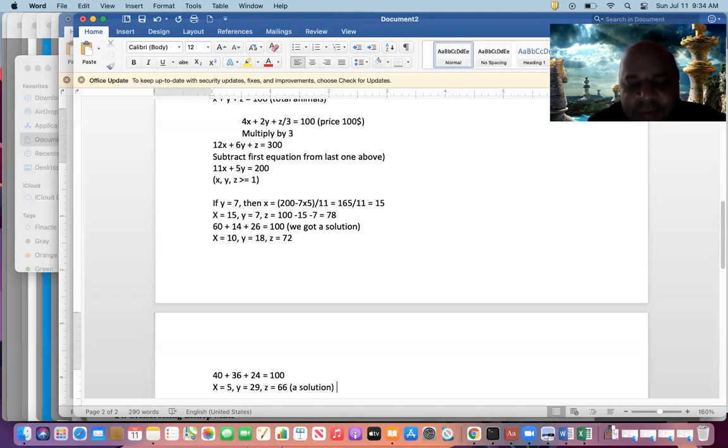x cannot be 0. So x can be 5, x can be 10, x can be 15. x equal to 20, you will have a problem because you will not be able to solve it. Because then 11x itself will become 220, and y will have to become negative. So that's not possible, right? So that's why 3 solutions are possible: x is equal to 5, 10, and 15, depending on the other values, right?